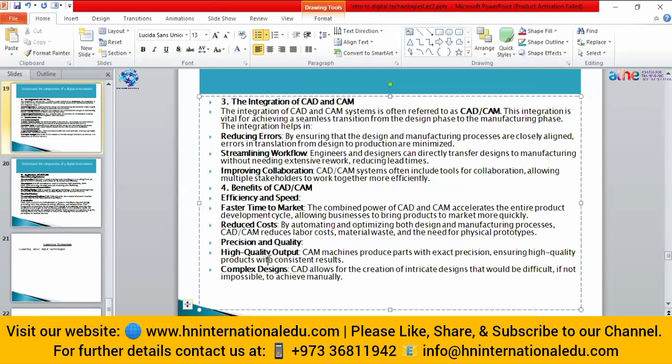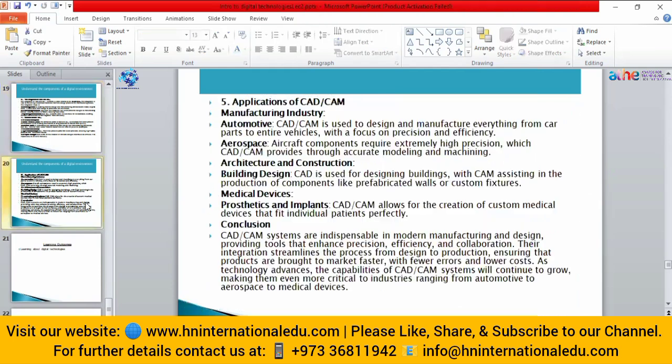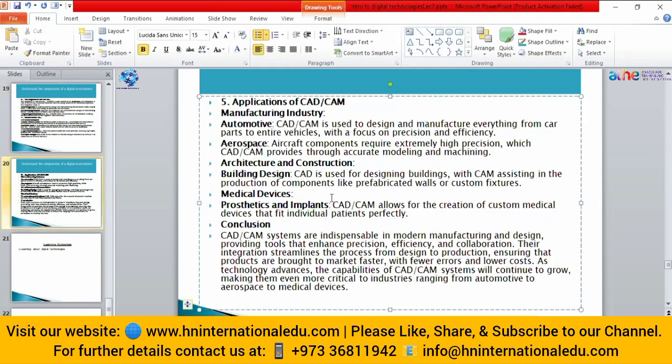Then we have different benefits. It is very efficient and it will provide solutions at a very high speed, and it can be used to create complex designs. Then we have different applications where CAD and CAM are used.